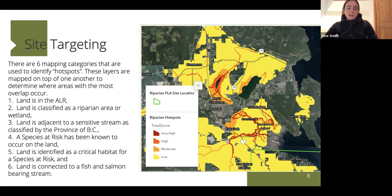A species at risk has to have been known to occur on the land. The land itself is identified as critical habitat for a species at risk, and land is connected to fish or salmon-bearing streams. So it does help to whittle away some of the sites and help us figure out specifically